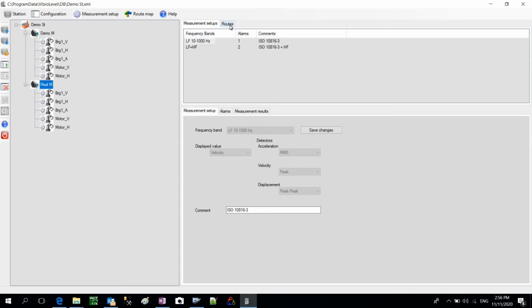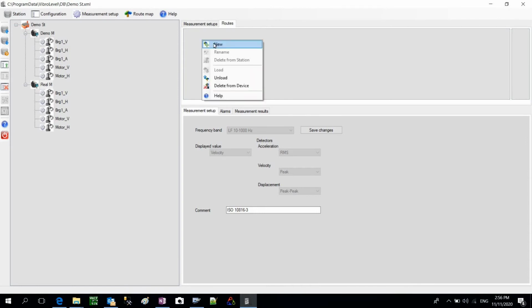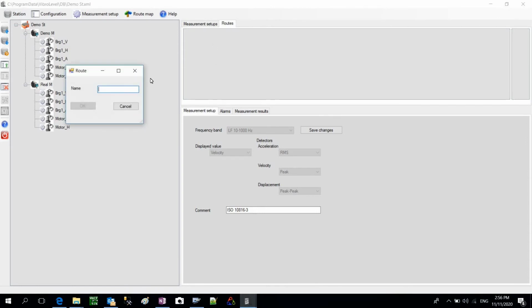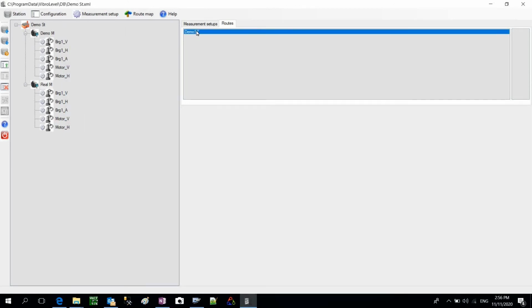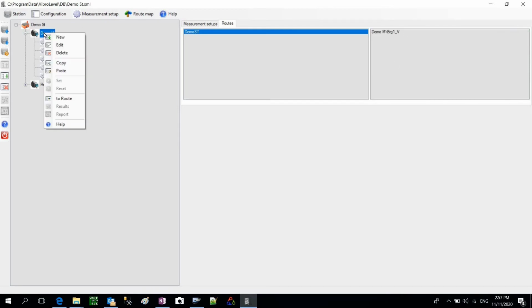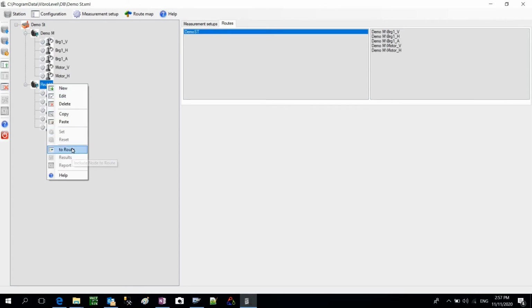I go to the roots folder, right mouse click and say new. And say that this is root for demo station. Okay, so I select this route, select this measurement point, and tell it to route. So now it is inside my route. Actually, I can also take the whole machine and say to route, and I can take the whole this machine and say to route. Now we have selected all these measurements in one route, and we can download it to